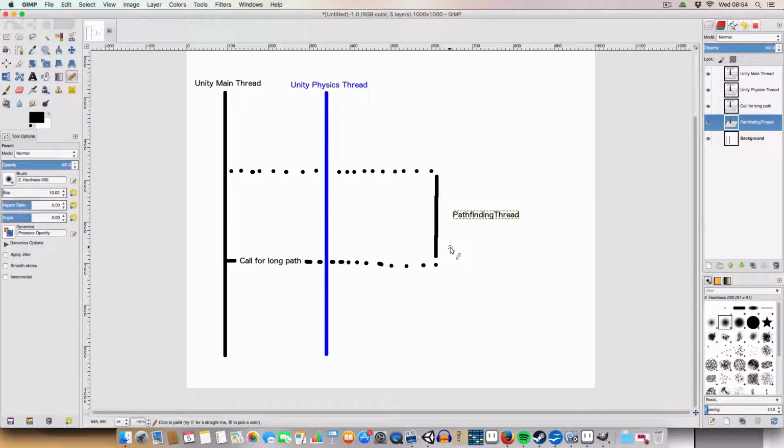I believe you can use your own classes as long as they're not using any MonoBehaviours. I think that is the thing that Unity doesn't let you use in other threads other than the main thread. And the second is, it's not impossible, but you've got to be careful about when you're editing data that's in the main thread. You've got to ensure mutual exclusion, which is that only one thread can edit one bit of data at any one time, because